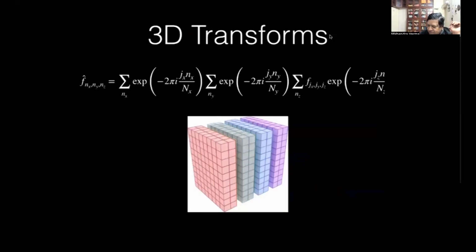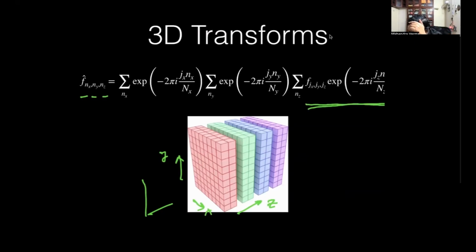Okay, now so this is for 1D, 2D and so on, but let's look at 3D. So in 3D, I had one picture. Yeah, so the 3D Fourier transform involves, so our data is in 3 dimensions. So we have the x-axis, y-axis and z-axis. So I need to do 3 sums, no? So to compute the Fourier transform, I'll have 3 indices in Fourier space, nx, ny, and nz, and I need to do a sum along the x direction. So let's see. So the nz direction first.